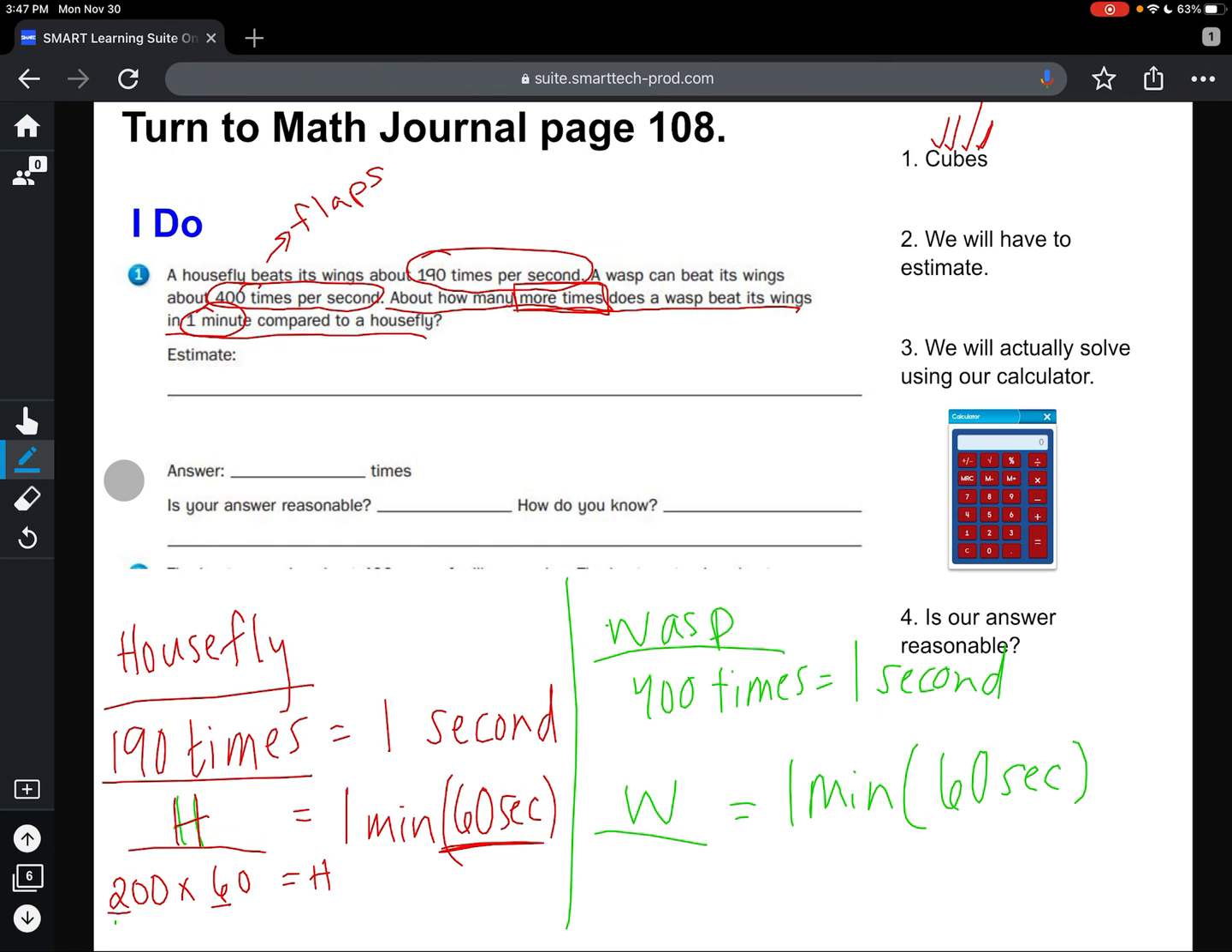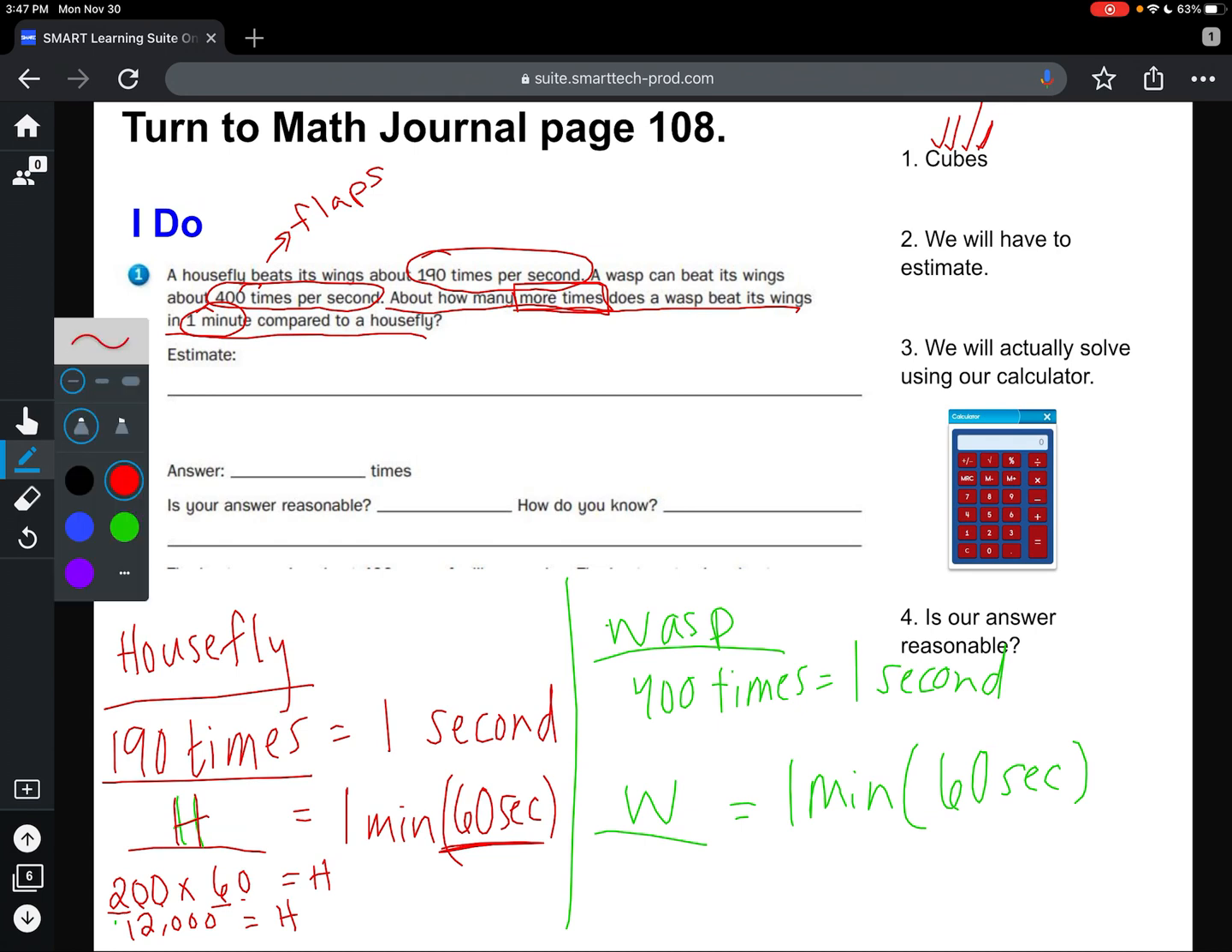So 2 times 6 is 12. And then I'm going to carry over my zeros here, and I'm going to get that the housefly beats its wings about 12,000 times in 1 minute. Does that answer my question? No, not yet. So now I need to find the estimate of how many times the wasp beats its wings